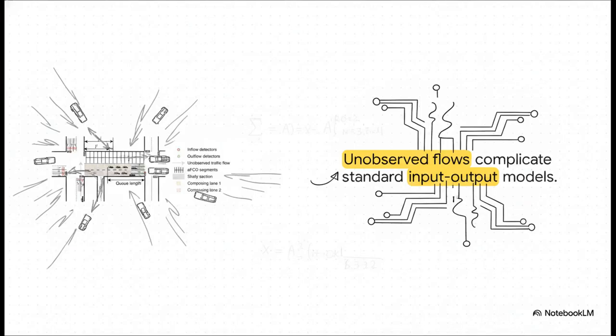To really grasp why a hybrid approach is necessary, we have to face the primary obstacle in monitoring signalized intersections. Our data is practically never perfect. Think about the physical reality of an urban intersection. You've got these unobserved flows, vehicles sneaking in from side streets or unsignalized driveways, and they completely wreck standard input-output conservation models. Traditional models rely on strict traffic conservation, assuming every vehicle entering the system is counted and every vehicle leaving is counted. But out in the wild, vehicles are constantly leaving the main queuing path before ever hitting a downstream loop detector. Over time, these unmonitored paths accumulate, causing massive compounding drift in your baseline queue estimates.